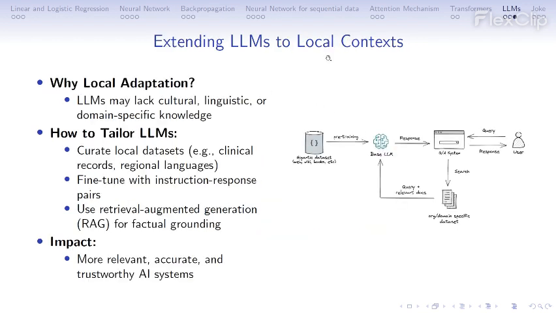Why local adaptation? Because as you see, a large language model has a lot of information and is nearly accurate on everything. So it can know everything at a bird's-eye level. But when it comes to a specific domain, you have to adapt it, and the approach I like for that is RAG, or retrieval augmented generation. With this we get better results with less hallucination.